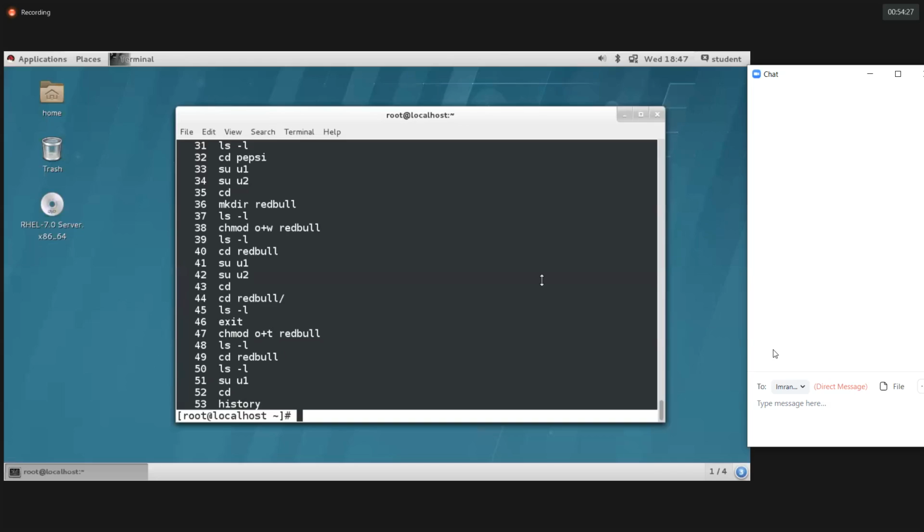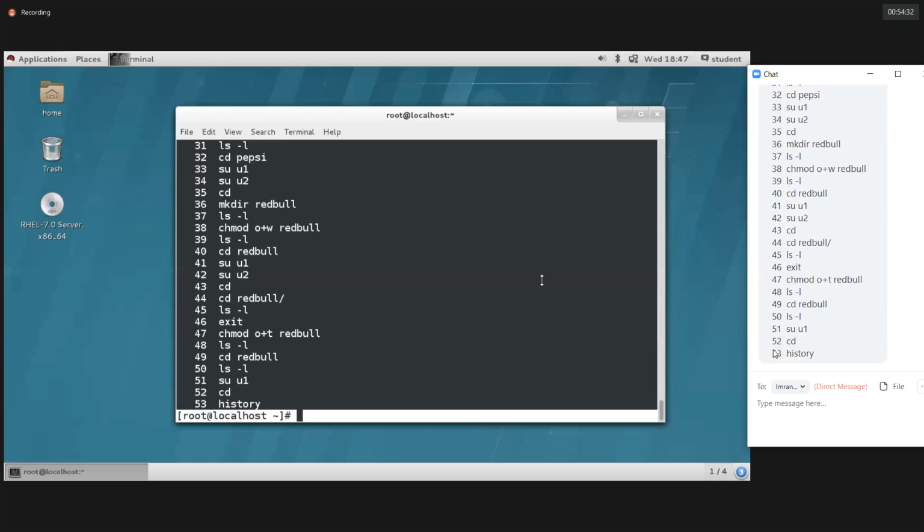So if you require a special permission, you need to change it manually with the help of the chmod option. Just as we assign, the same way we can remove. I use the plus option to assign, and you can use the minus option to remove the permission. Got it? So I hope you're clear, guys.